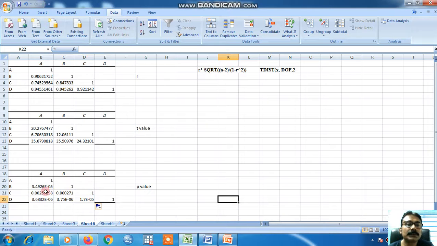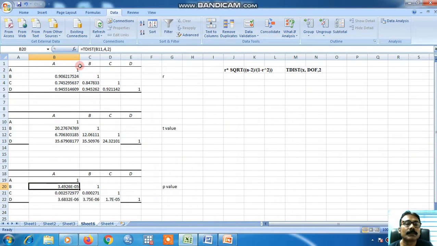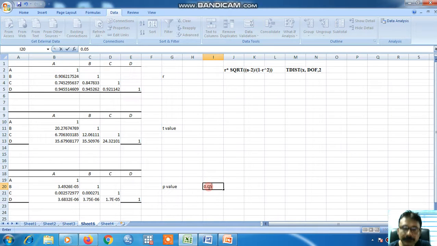Now the question is here, there are 5 zeros before 3, so that means this is highly significant. Now you have to compare with the value of 0.05. If it is less than 0.05, then the values are significant.